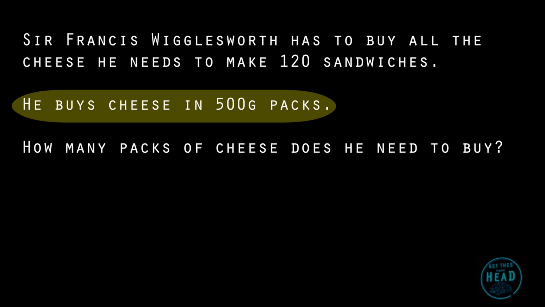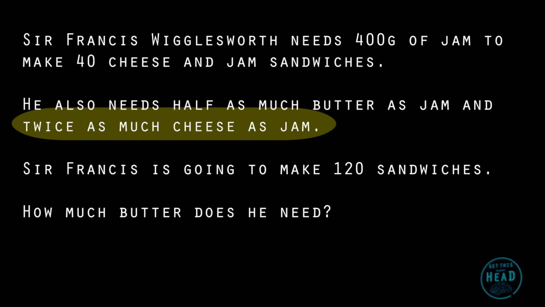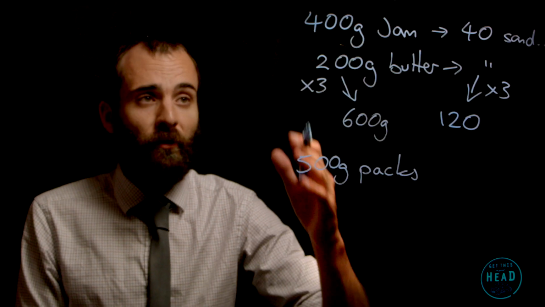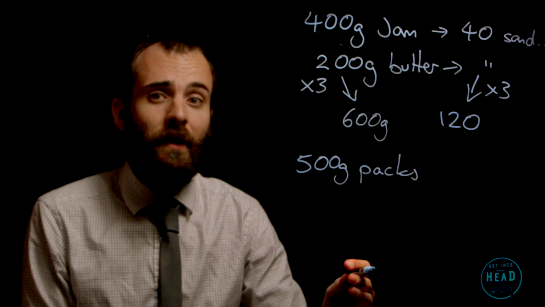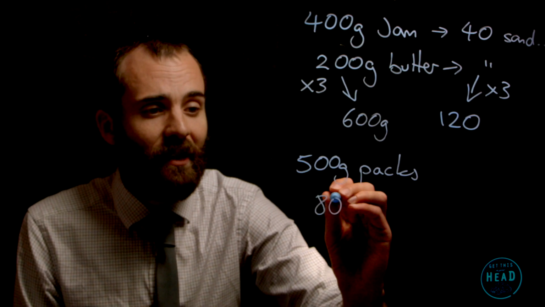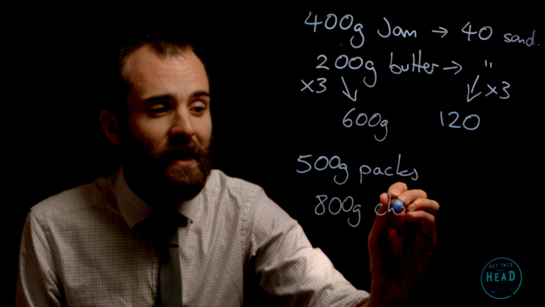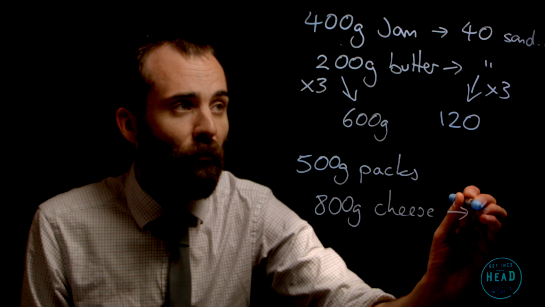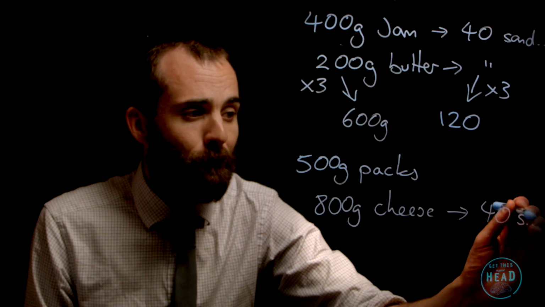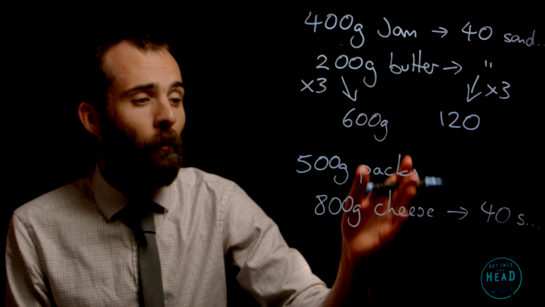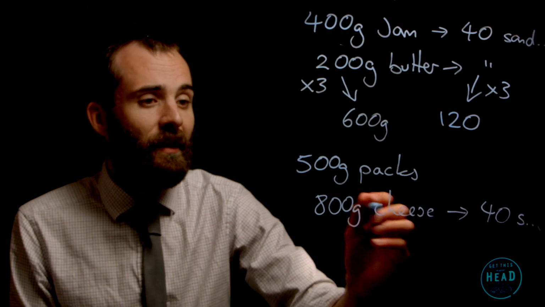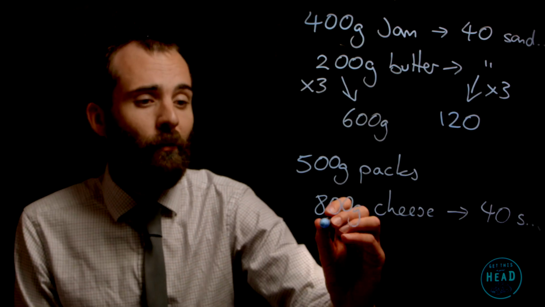The cheese is bought in 500 gram packs, and we saw from the first part of the question that there is twice as much cheese as jam. Therefore, if there was 400 grams needed for 40 sandwiches of jam, and we need twice as much as that, we're going to need 800 grams of cheese for 40 sandwiches. Again, we're going to multiply that by 3, because we need to get from 40 to 120. So I'm going to multiply the 800 by 3, that's going to give me